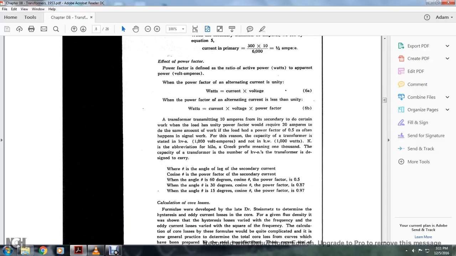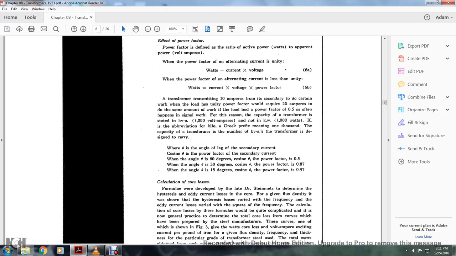The calculation of core loss. Core loss formulas were developed by the late Dr. Steinmetz to determine the